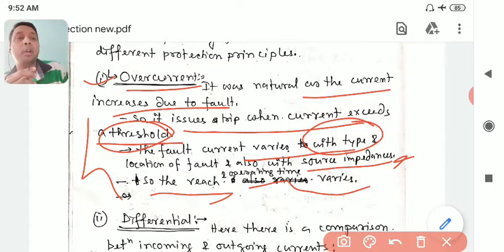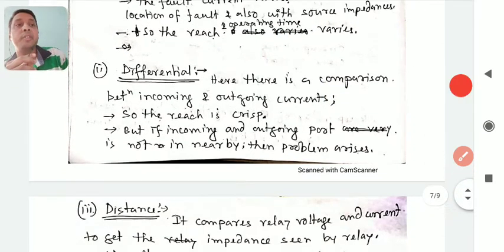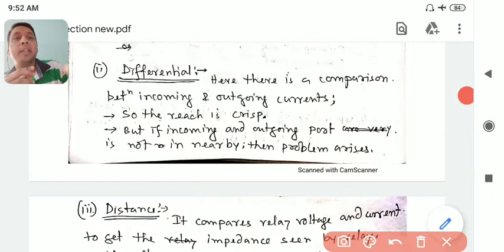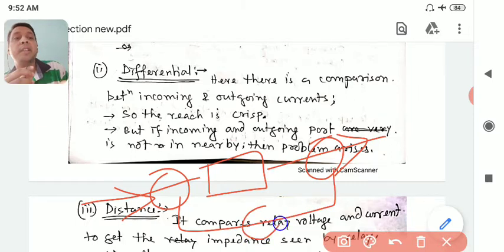So that gives a new idea. The relay engineers thought, why not go for the next idea that is known as differential? What is differential? Differential is an idea. Suppose you have equipment here, with current going in here and current coming out here. You take a measurement from this side and a measurement from that side. You compare these two. If there is an error, then it should trip.